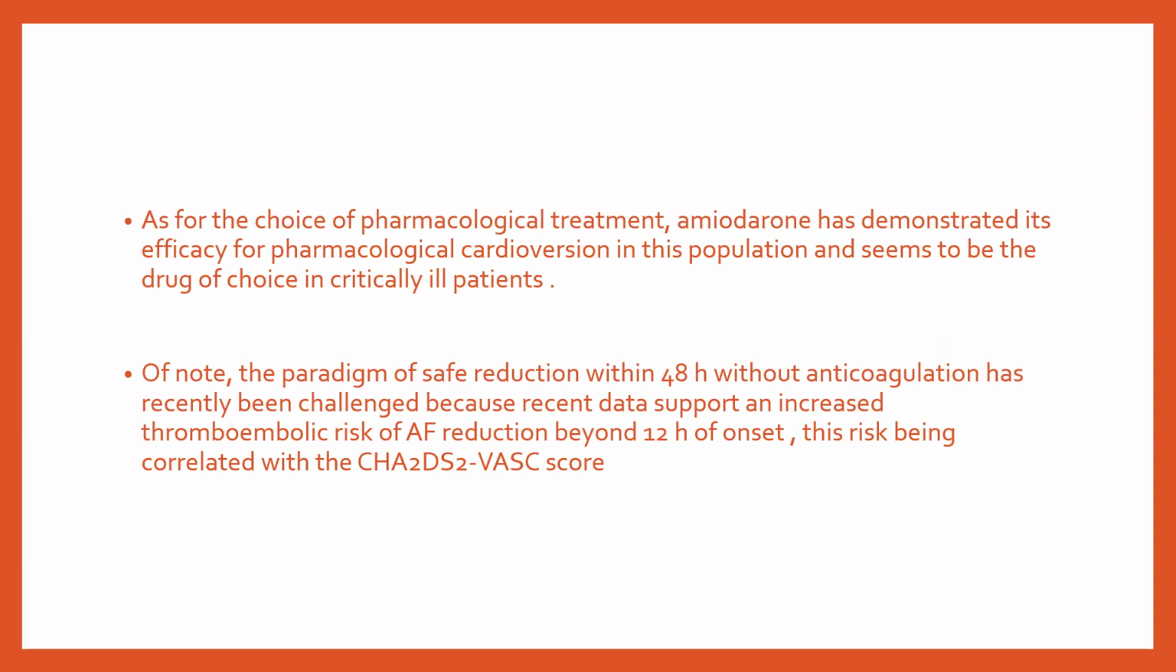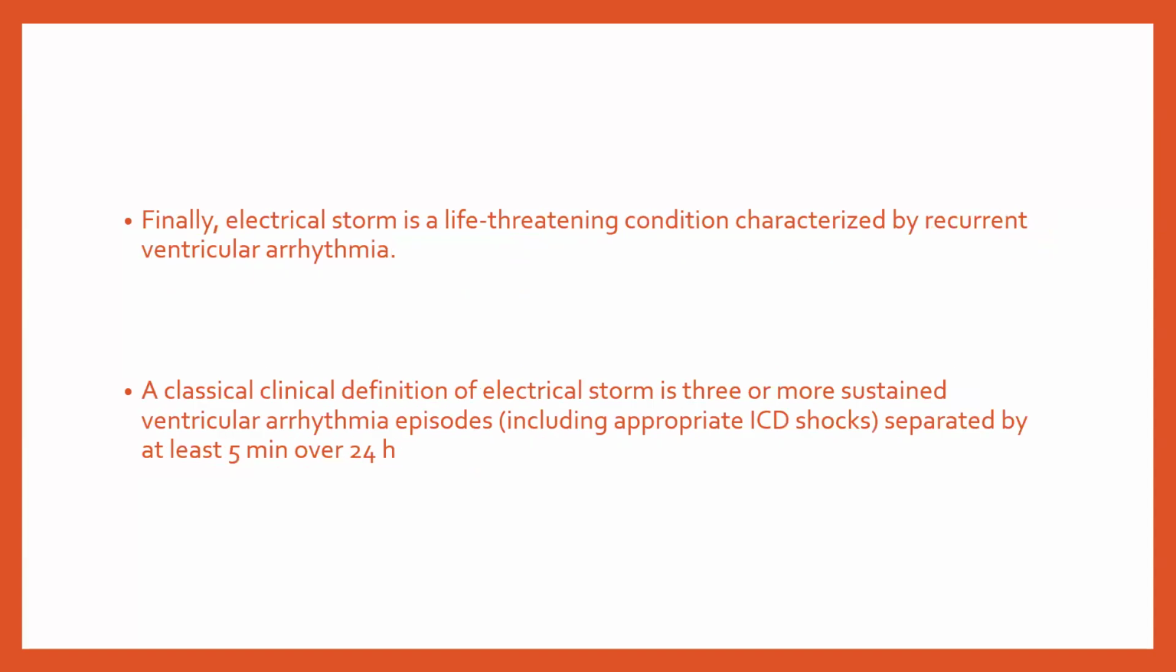Now the paradigm of safe cardioversion within 48 hours without anticoagulation has recently been challenged, because recent data support that there is always an increased risk of thromboembolic events in atrial fibrillation beyond 12 hours of onset. And the risk is calculated by the CHA2DS2-VASc score. So if we are planning to cardiovert an atrial fibrillation patient whose onset is greater than 12 hours, then we should be cautious while using cardioversion if the CHA2DS2-VASc score is high,